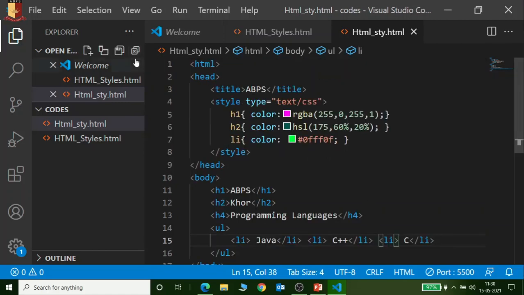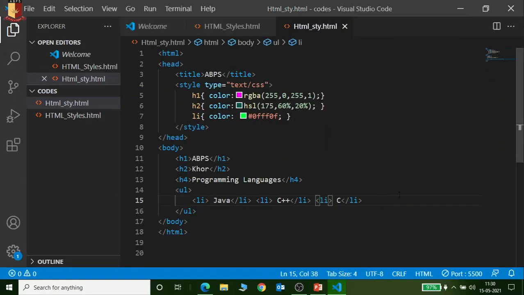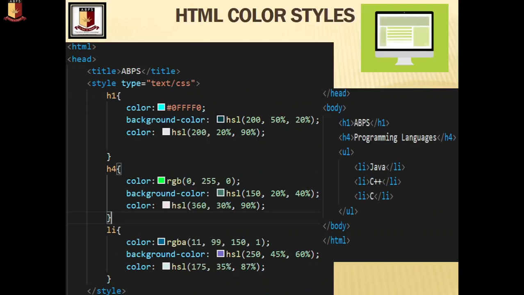Okay, so let me change the appearance, zoom out. So now all these things come in a single page. So what you have to do, just take the screenshot of the same, and you can do it practically. So this thing in the style, I hope you understand, and this is the code also of the same in the style one. You can take the snapshot of this window also. So I hope students you understand how these styles work. However, CSS and link I have not taught you in this because that is a separate topic, and in some other tutorial I will teach you that.